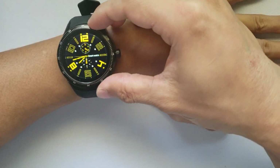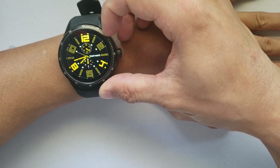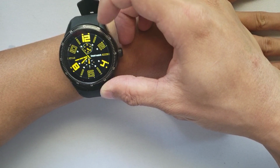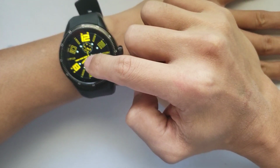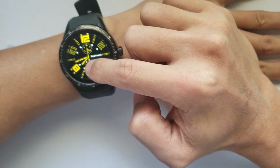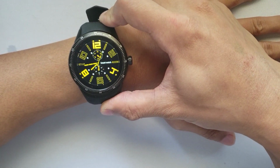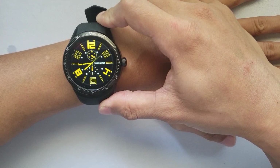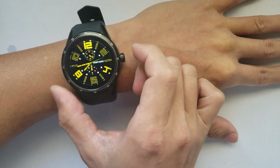I like some of the details on the case. For example, it would be giving you the second by second measurements, and you can also tell on this face, the seconds hand would move electronically, so that's pretty cool. It moves just like a quartz watch, except it's electronic. So this is the home button. It's only one button,